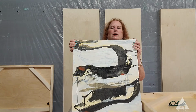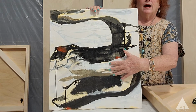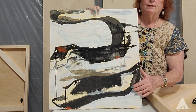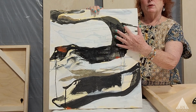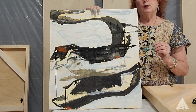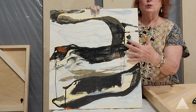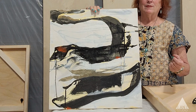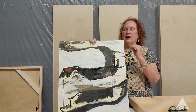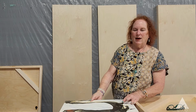My husband and I were teaching a class this weekend, and I started this, and I really like it. It's just an underpainting right now, but there's something about the movement in it that feels pretty good to me. And maybe this has something to do with what the series I'm about to embark on will be about. So, as far as the depth of your commitment, what do you think about what it is you're saying? Is this about